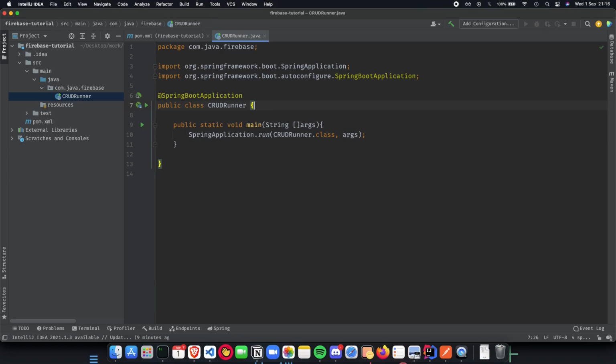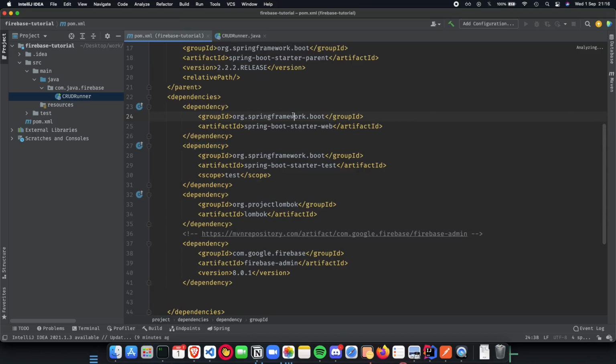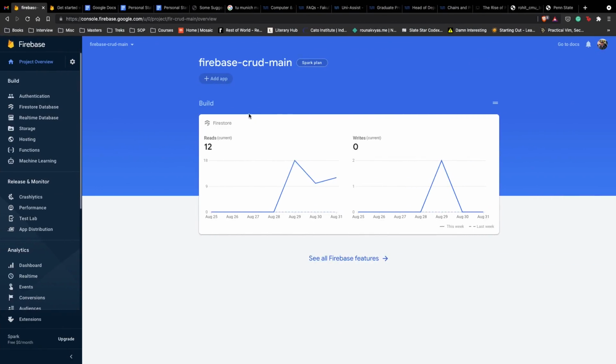So this is simple basic information which we need in our application to run it, and we have our pom.xml also set.